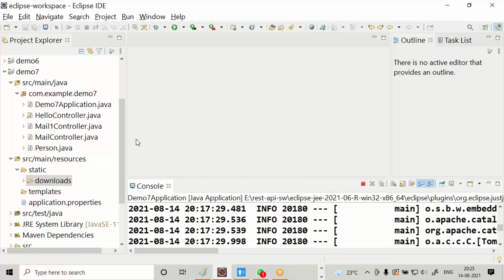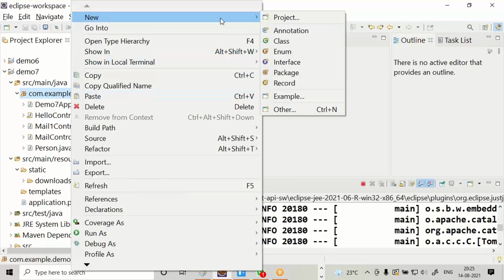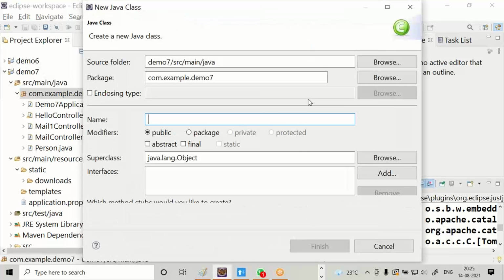Now, come to the demo 7. Try creating one simple controller. I'll go for a test controller.